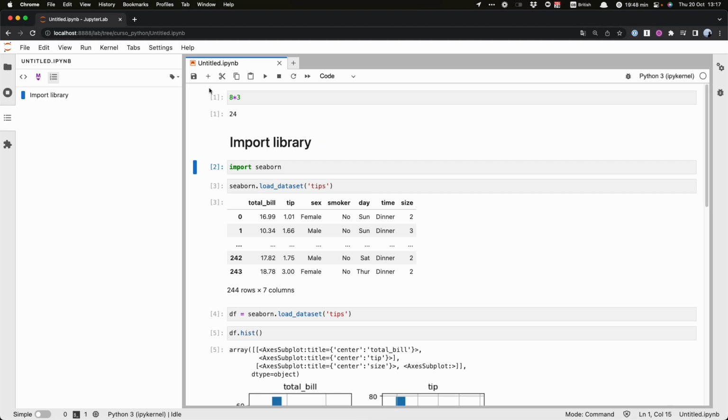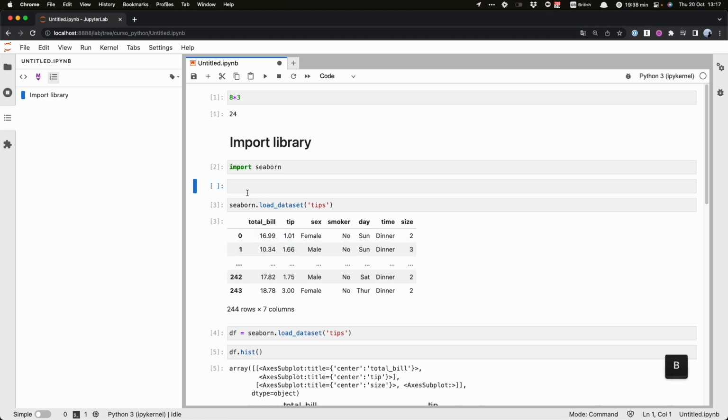Instead of pressing the plus here, I can create a new cell below by pressing B, with the cell in command mode, which is not the same as having it in edit mode. If I press B here in edit mode, it just types B. Then I put here load dataset,